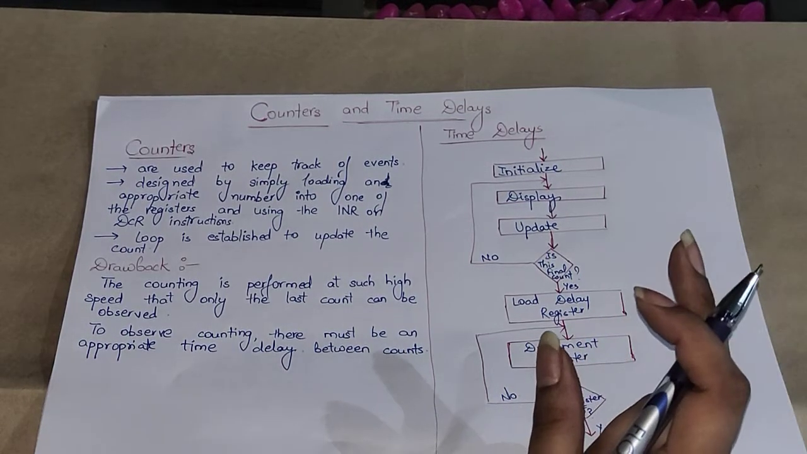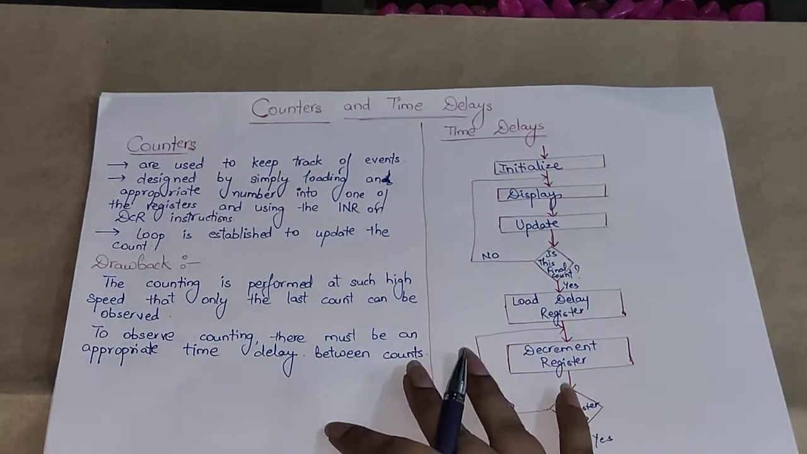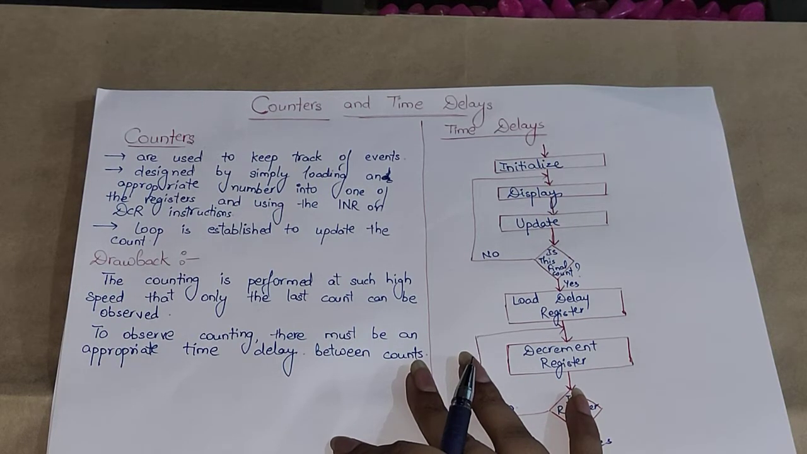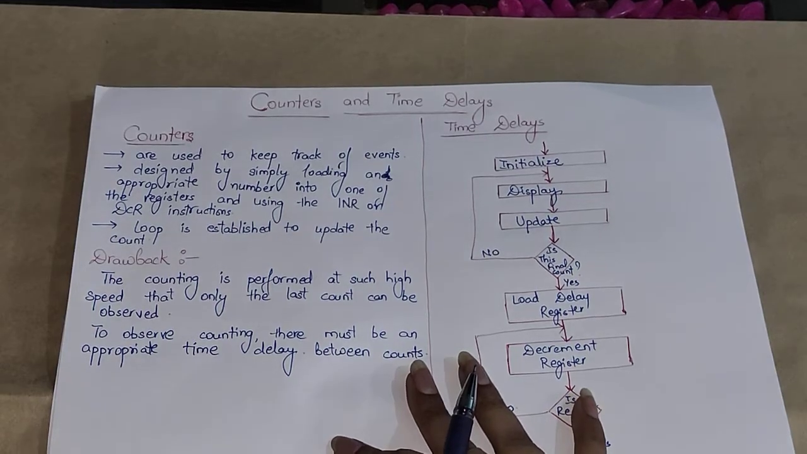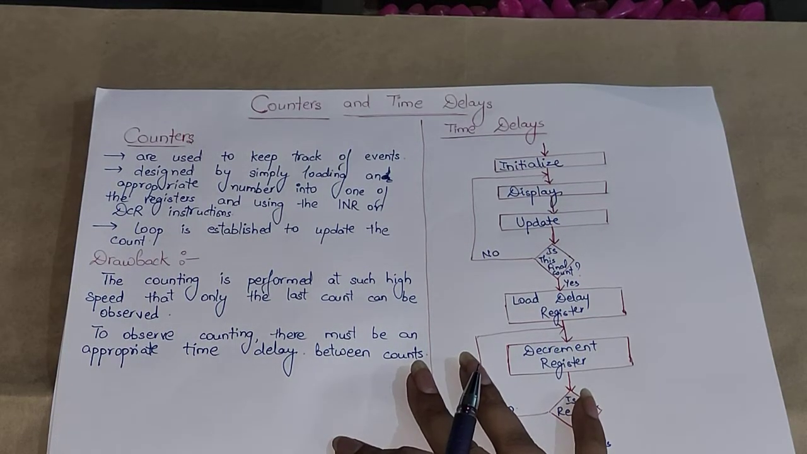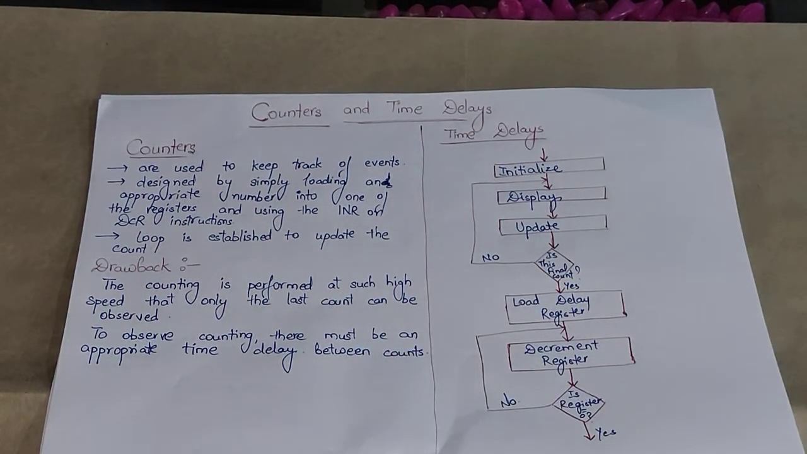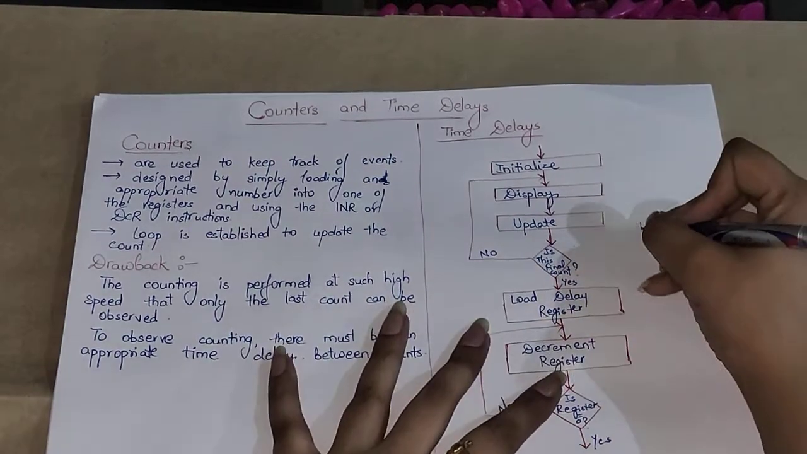But there is a drawback in a loop: the counting is performed at such a high speed that only the last count can be observed. We cannot observe the results at each iteration. So if we want to know what the result is after each iteration, then we should use the concept of time delay. That means however many times the loop runs, after each iteration there should be a proper amount of time delay. This is just an example of instructions like MVI